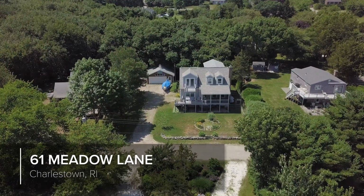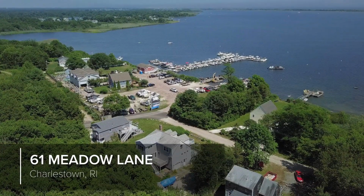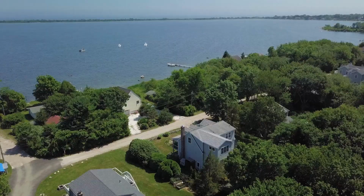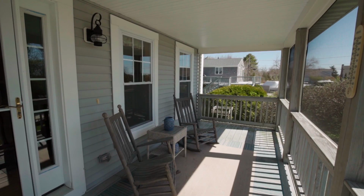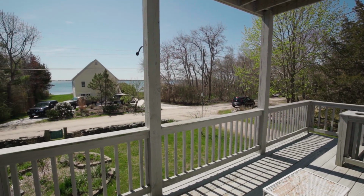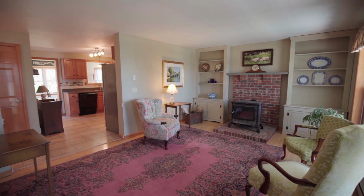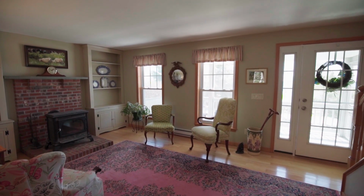This young, generously sized cape in Charlestown enjoys excellent views of Ninigret Pond, the Atlantic Ocean, and Block Island on a clear day. The elevated open deck and screened porch are wonderful places to relax and take in the views and ocean breezes. Step inside as the interior features hardwood floors, large rooms, and windows that fill the home with